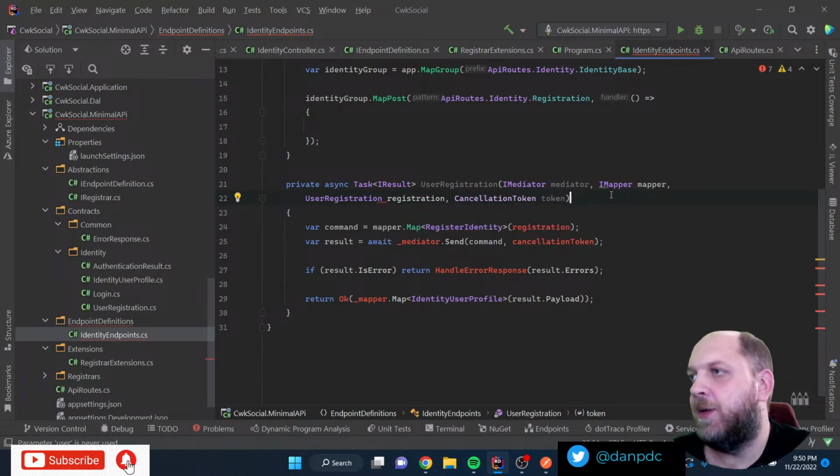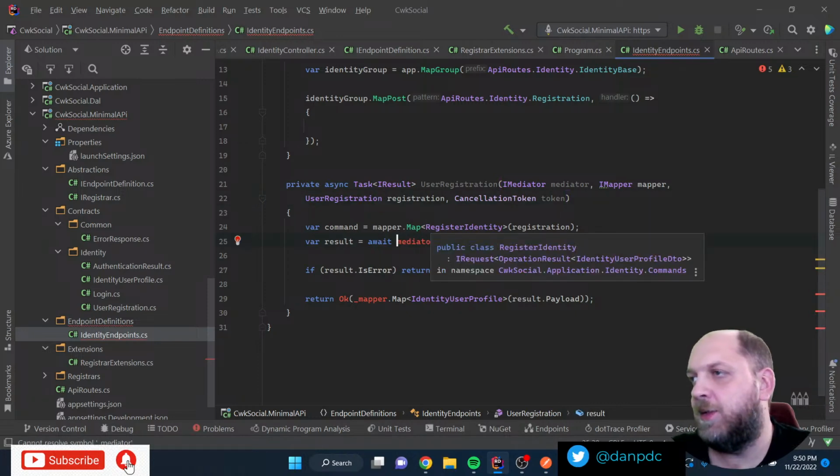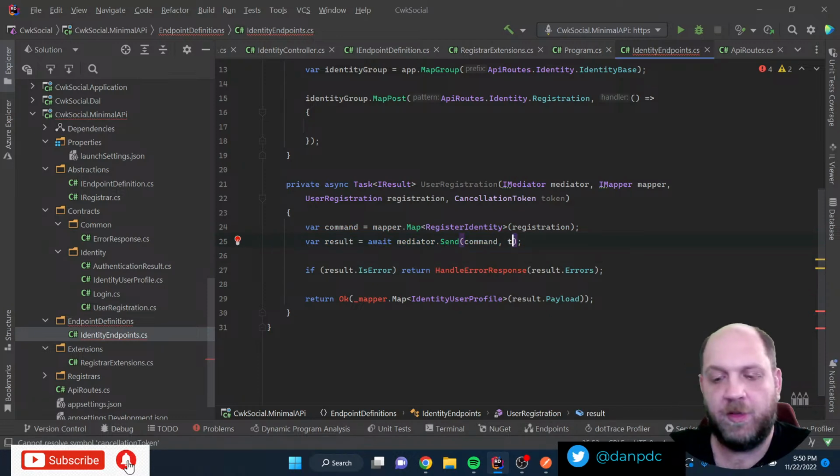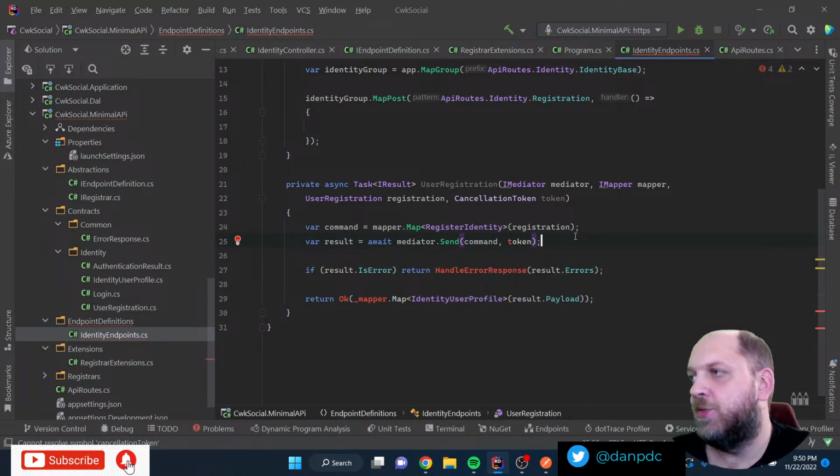We'll need to also recreate those AutoMapper profiles. But then the mediator is like this: await mediator.Send, and we call this just token. So we should be good to go with this one. Then if result is error, then return handle error response.